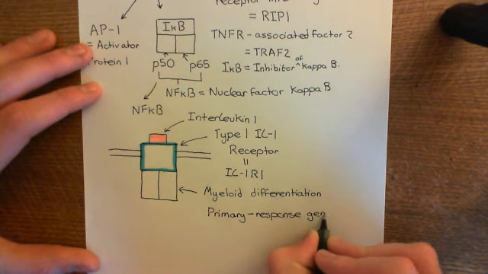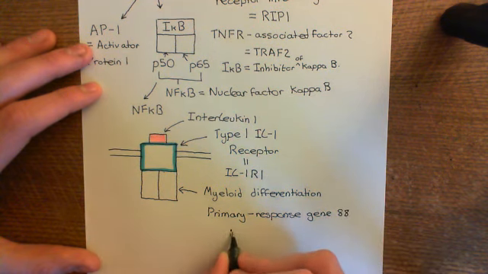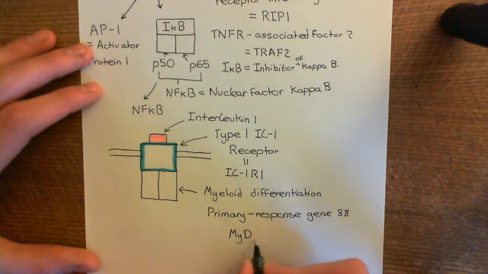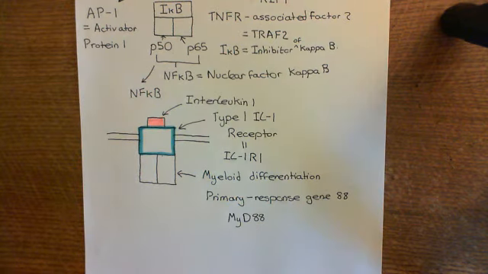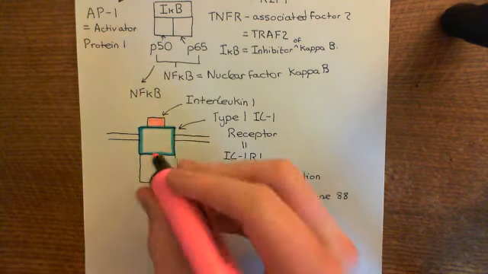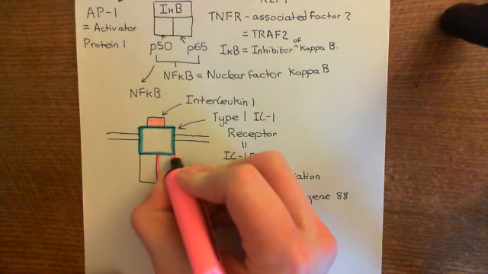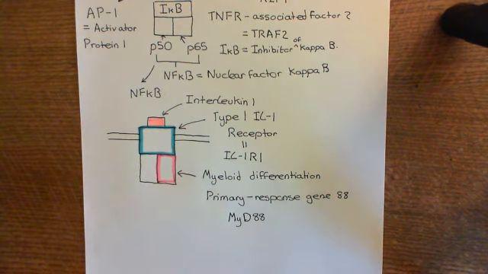Okay, right, and as I say, that's often abbreviated to MY for myeloid differentiation, and then usually this is done with a capital D here. So you have MYD and then 88. So MYD88. So we'll colour in MYD88 in this pink colour here. Okay, so this is one of the proteins that's going to come and associate with this type 1 interleukin-1 receptor,